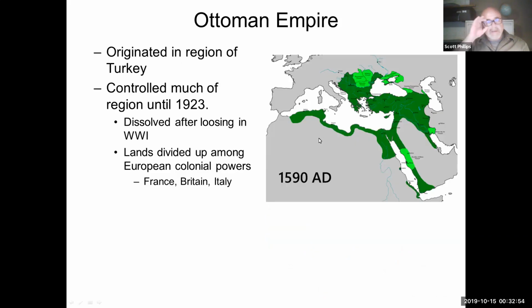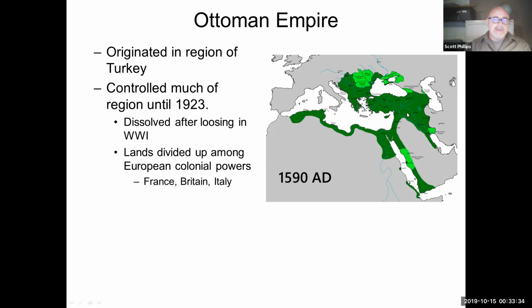So to understand how the nations and states align, it's important to take a step back and talk about who was politically in charge of this realm for a long period of time before we have the modern borders that we have today. And we can step back and look at the Ottoman Empire. This is the widest extent of the Ottoman Empire in the 1500s, and it really covers most of the realm, at least where most of the people live anyway. So most of the realm was controlled by this large empire until 1923, or till the end of World War I, maybe. That's a good way to understand it.